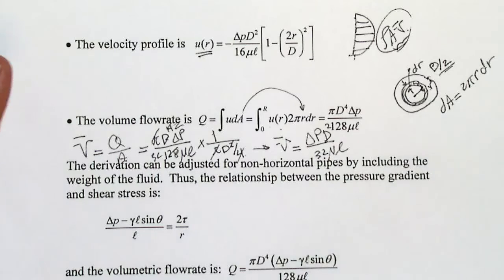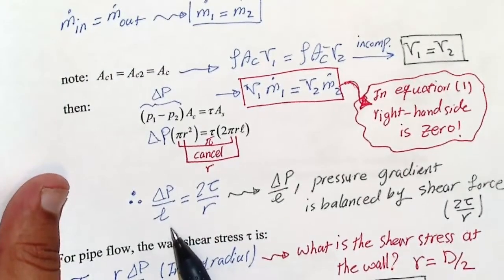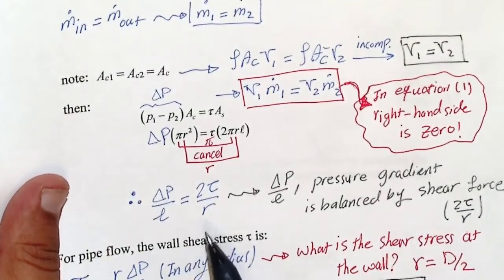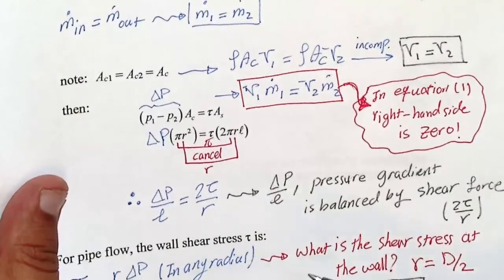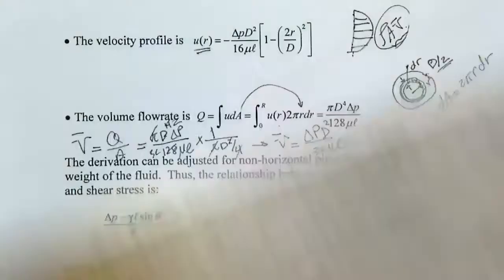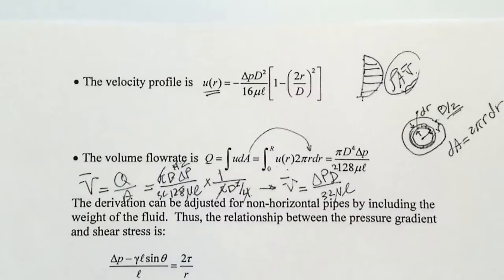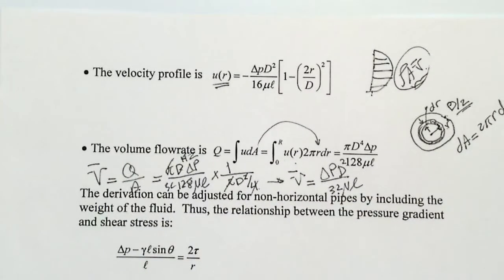Okay, that's your final answer for V bar, whenever you have. So what do you have till now? You have the equation for tau wall, right? You can find out what tau wall is, and also the pressure drop per length of pipe. If you have a long pipe and you have L, then you can find the absolute amount of pressure drop. And now you find the velocity profile, and how you can find Q and V bar. Okay, that's all for a